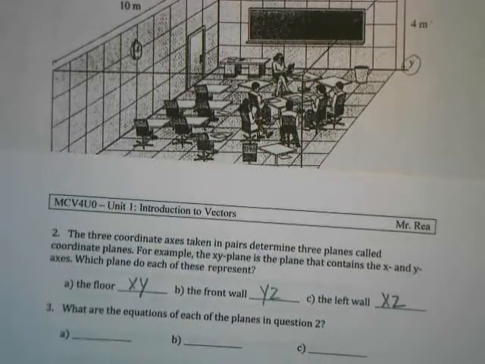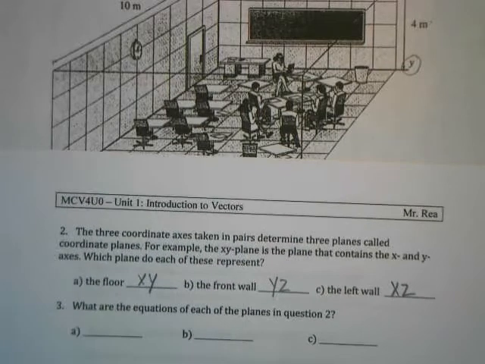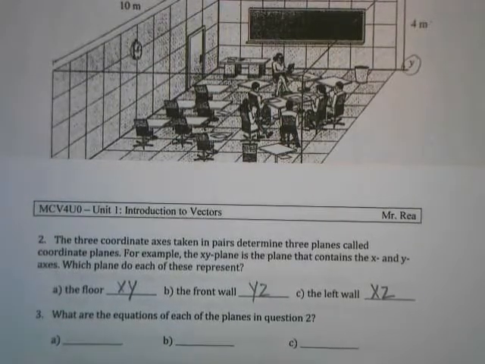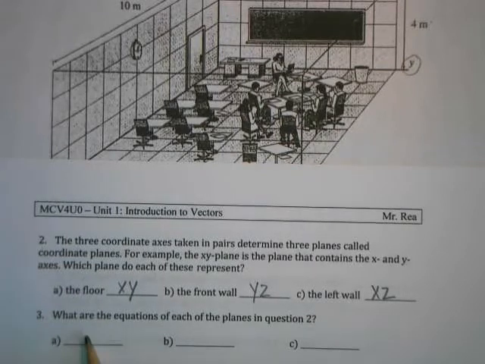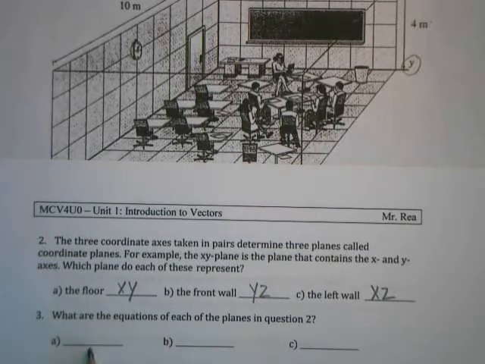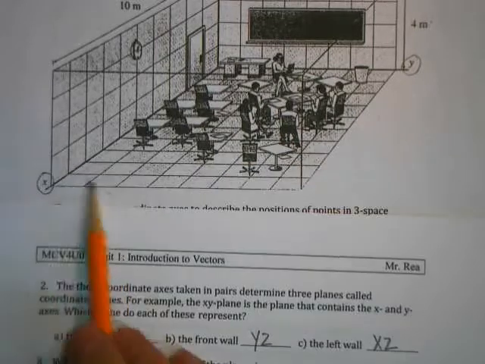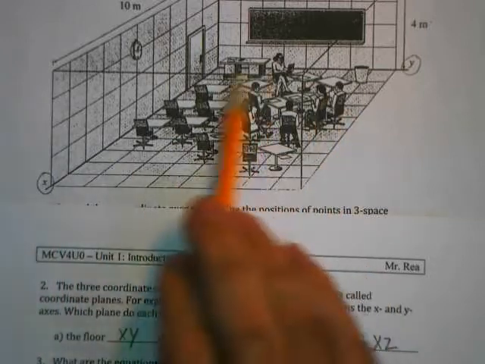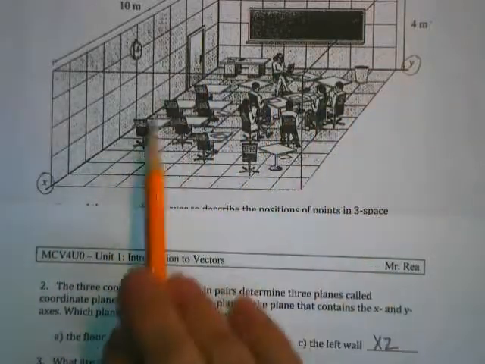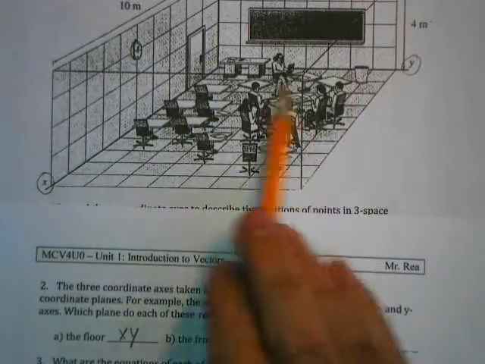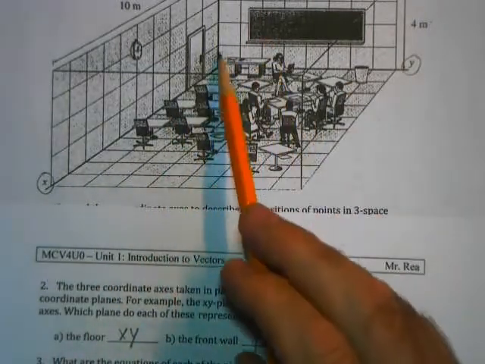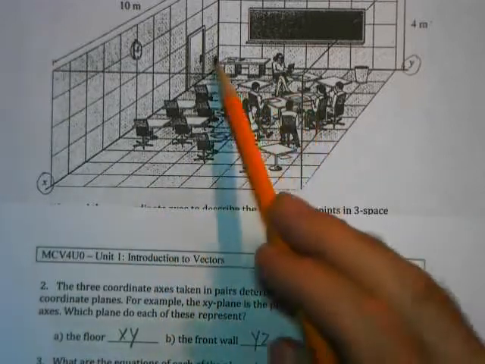Okay, what are the equations of each of the planes in question 2? Okay, this is a little bit more difficult. So what we mean by equations is what equation represents every point on each of these planes. Now, for the XY plane, the floor, the X values and the Y values are changing, but what's going on with the Z coordinate? The Z coordinate for all of the points on the floor is Z equals 0,